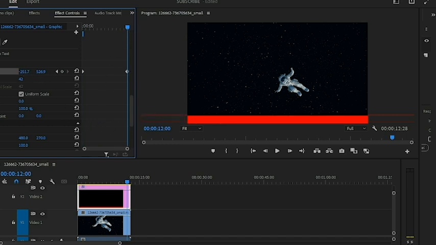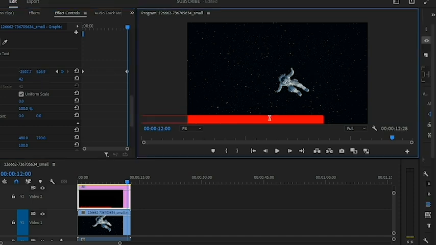and then move the text all the way to the left. I think I might have to add more space to the end right here to increase the background. Now when I play this back,